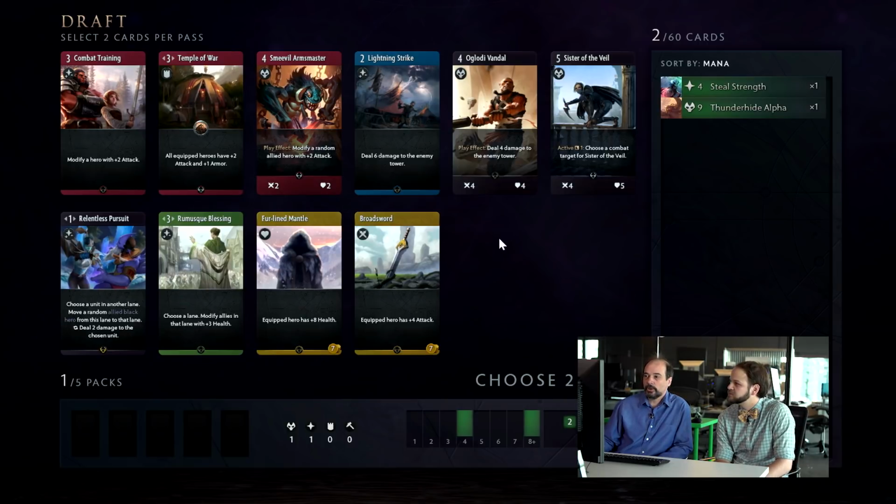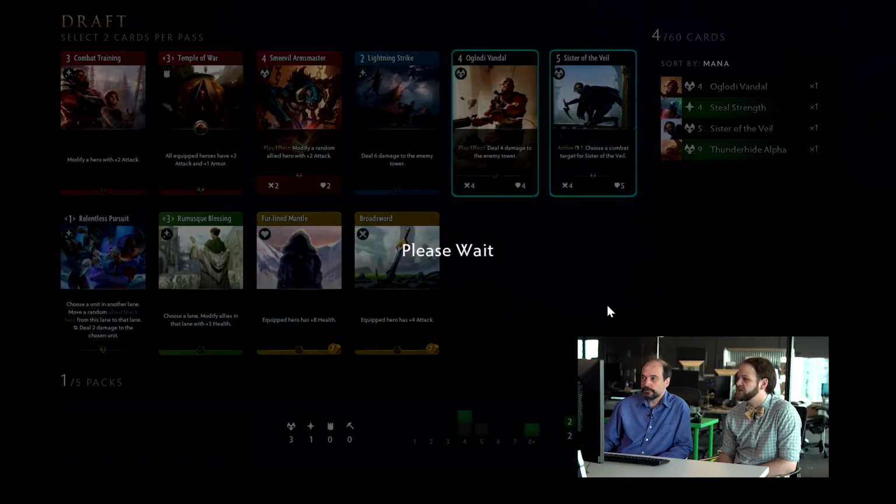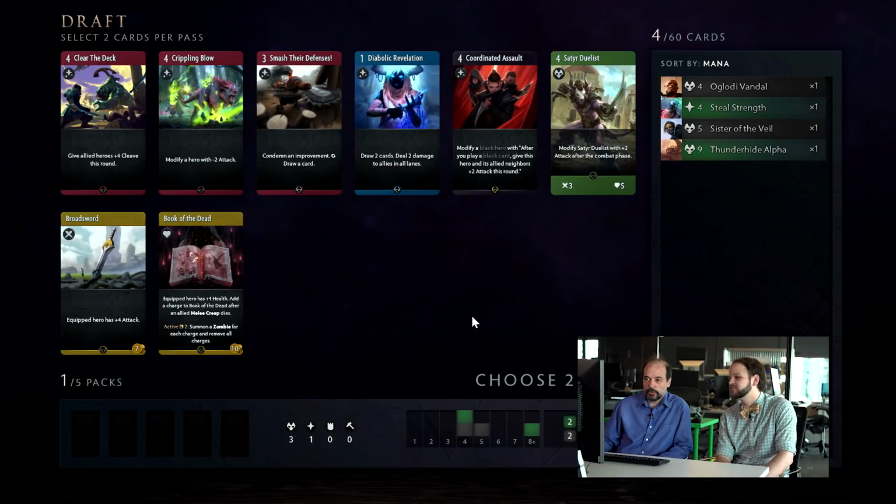So here, cards that I like: this guy, the Arms Master, because I just tend to like creeps. This Vandal's quite good. Well, I was eyeing the Vandal as well, so maybe we should go that way. I don't know color combinations yet, though. Okay, well, this one's quite good, so maybe we should just double down on black. Okay, green-black, I'm fine with that. We'll see whether our heroes support that at the end, but